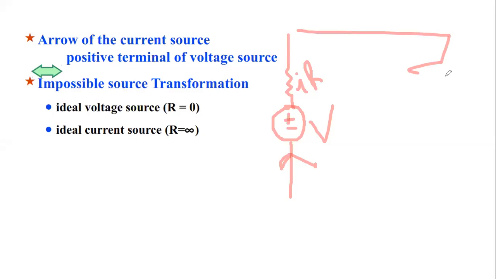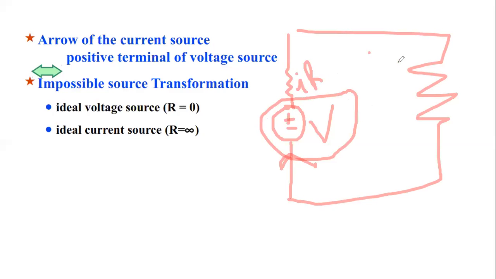The point here is, if you now connect a load like this, then this whole voltage V will not be available to the resistance or the load, because there will be a voltage drop due to the internal resistance also. So if a voltage source has an internal resistance, then there will be a voltage drop in that, and the whole voltage will not be available to the load. There is always going to be a voltage drop due to this internal resistance.